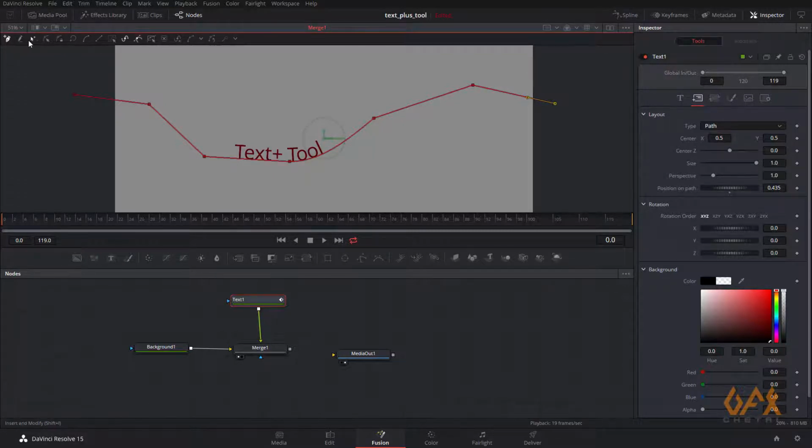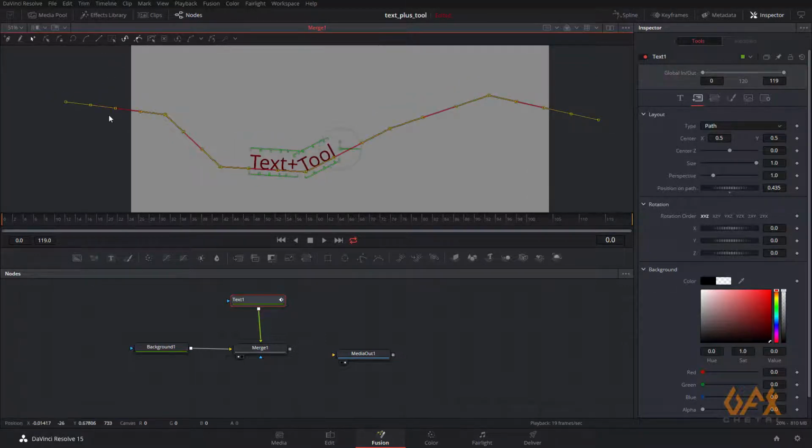Right now I'll show you some simple tools, that is insert and modify. So I just click over here. Now if I select this thing, you can modify the stuff. When you select all vertices of your path and press Shift S to smoothen your path, you can click over here to make your path linear.